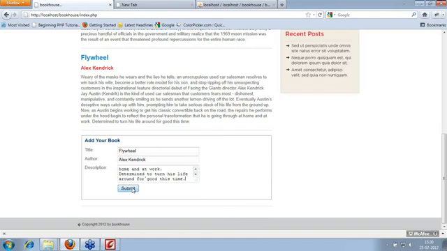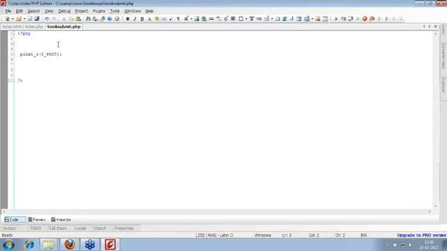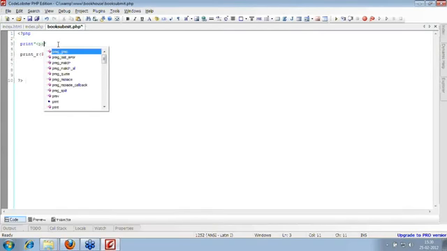Now I'll say submit. We have defined the name of the file where to post the data, and the method as well, and I'll say submit. Now you can see all my data has been posted to this page. The page name is booksubmit.php and it is printing whatever information is being passed to this file. It is very clumsy right now, so we can use a pre tag which will just print the structure in a proper manner.